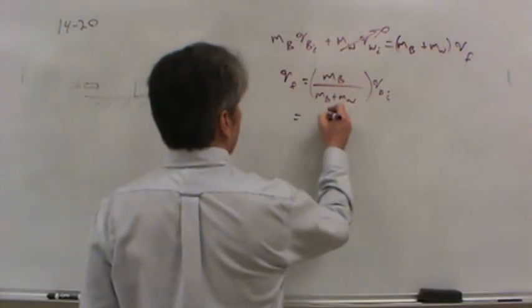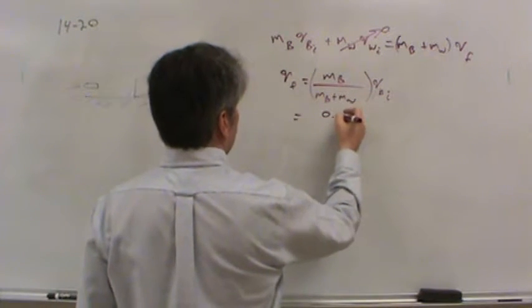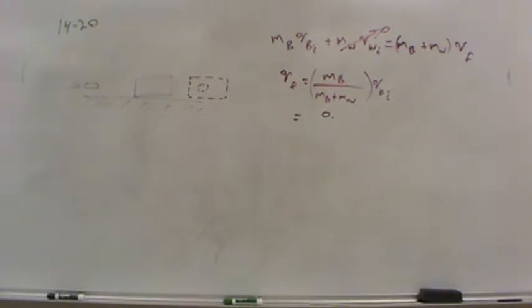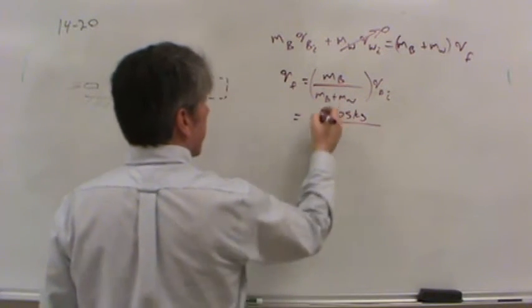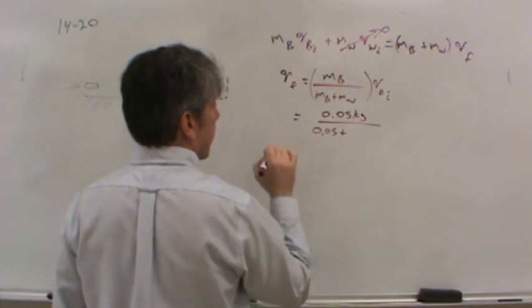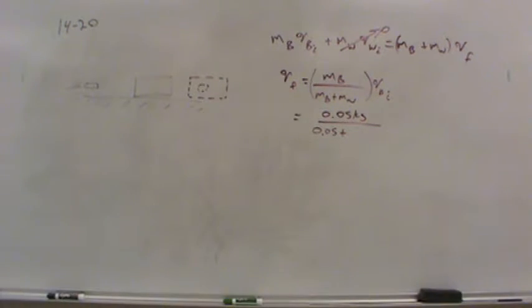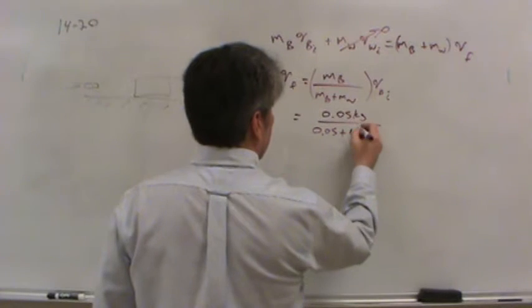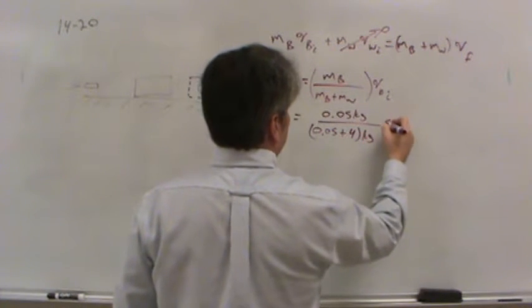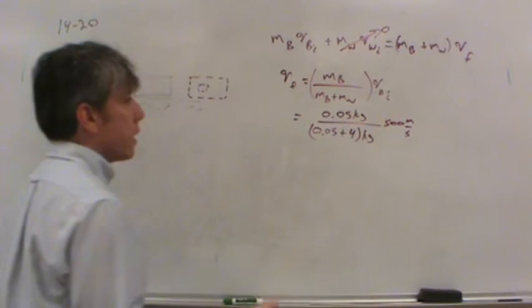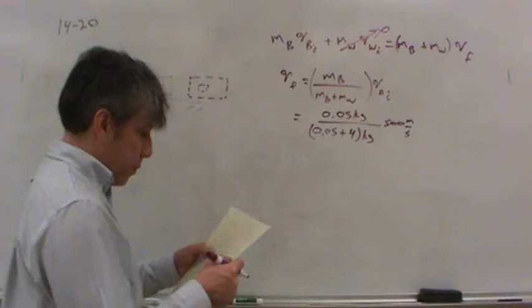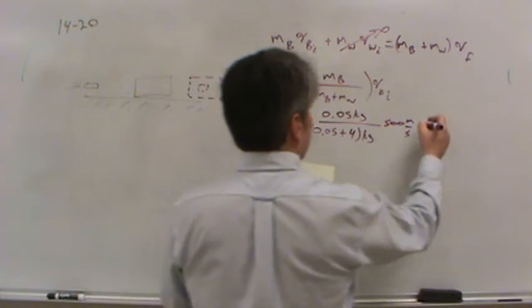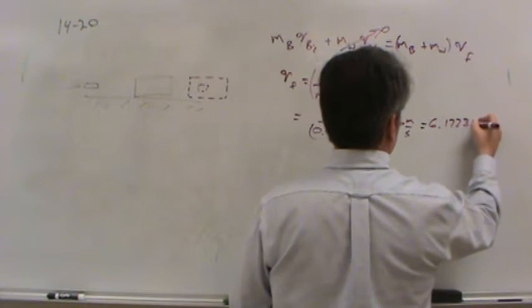So, let's see, 50 grams, so 0.05 kilogram bullet divided by 0.05 plus the mass of the wooden block, which is 4 kilograms, and 500 meters per second. So we can calculate the final velocity pretty easily. In fact, when you do that, I came up with 6.1728 meters per second,